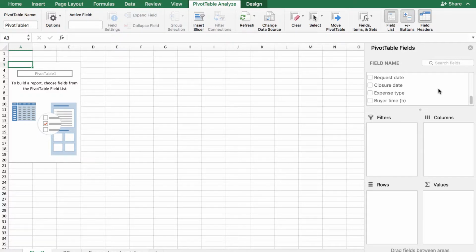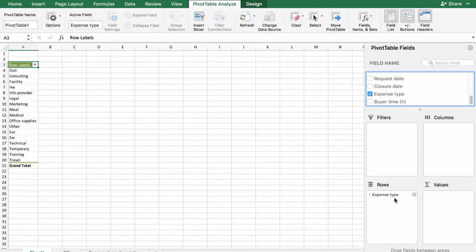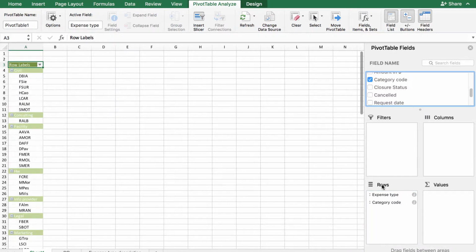displaying is, first of all, the expense type, so the first level category, and you see that here the first level expense type has appeared on screen, and then we want to know if there is a second level. And in particular, in our case, a second level is represented by what is called a category code. So if we